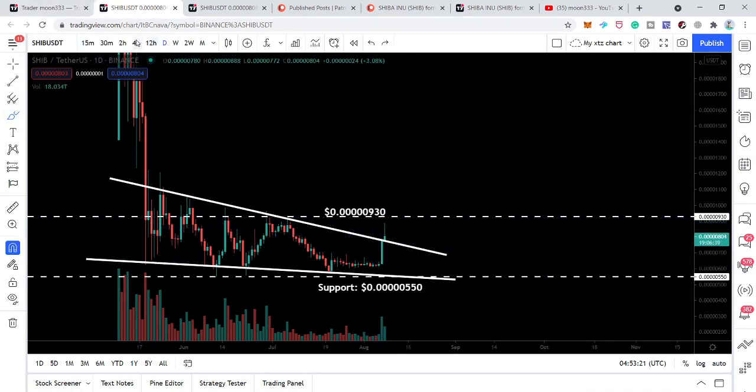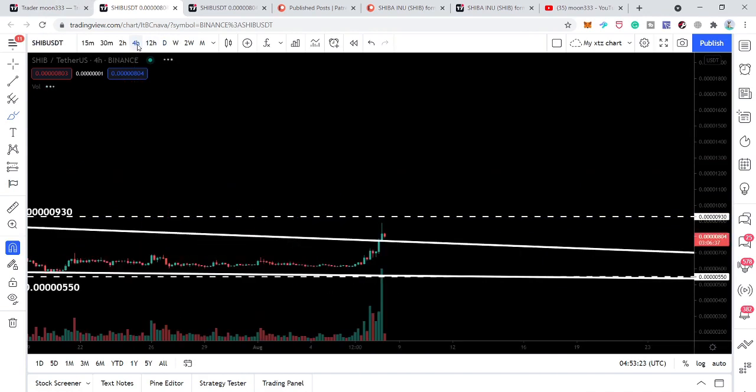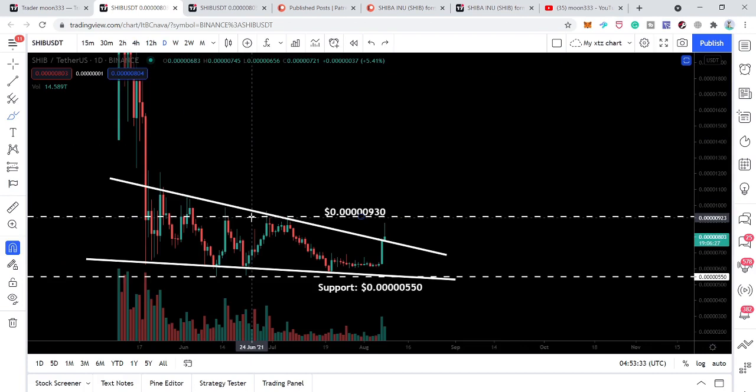And if we switch to the smaller time frame on the 4-hourly time frame chart, then the price action is closed above this resistance of the falling wedge and moving down to retest. However, we should look at the closing on the daily time frame. Once we will have the closing on the daily time frame and the price action may retest the previous resistance